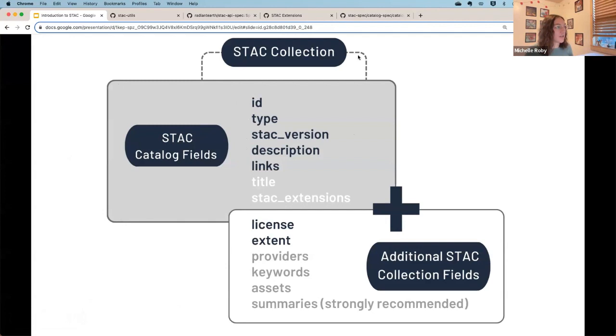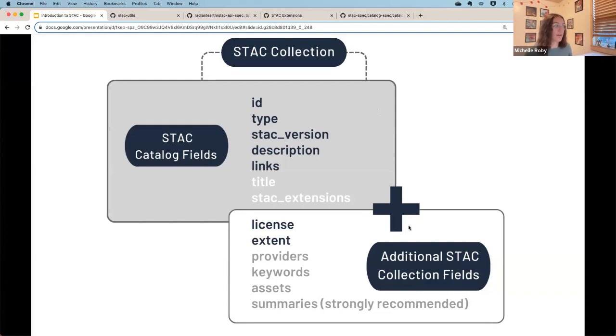So a STAC collection is all the information from a STAC catalog plus additional STAC collection fields. So for a STAC collection, you also are required to include a license, which is just, what type of licensing does that data have? And then the spatial extent of that data.